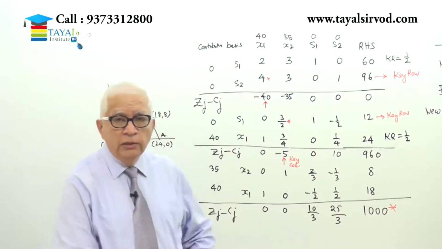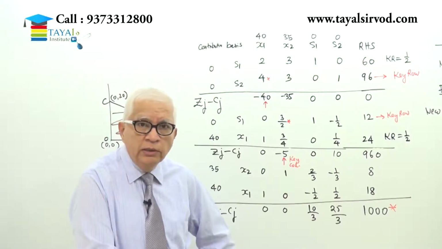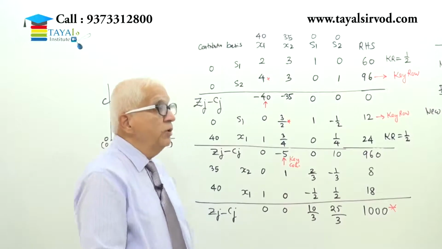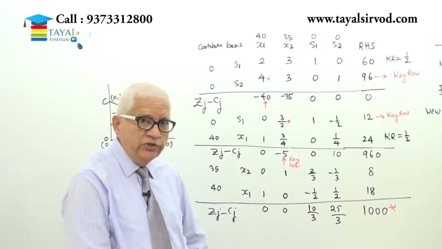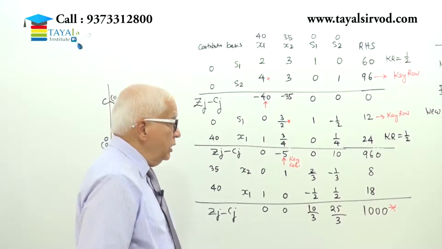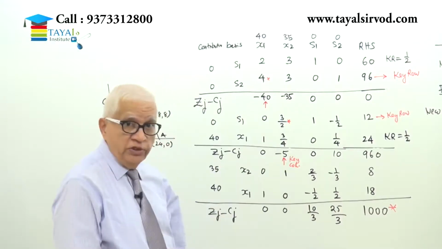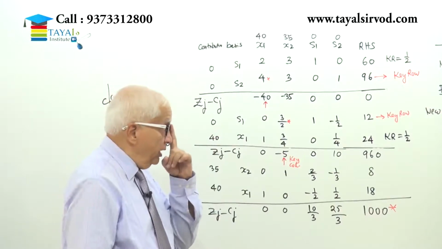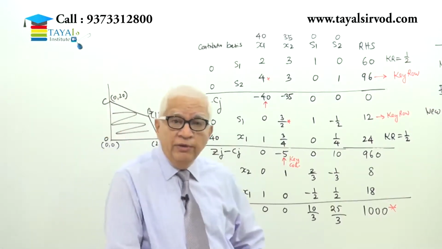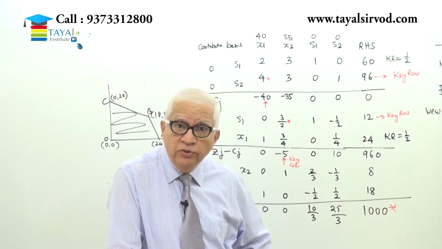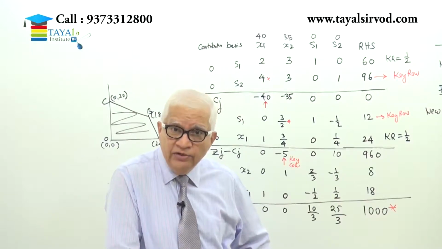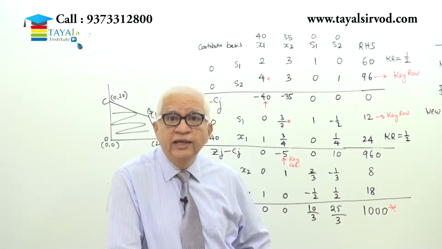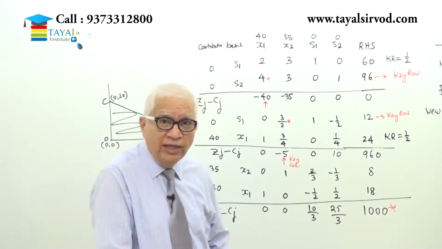Go back to the table for question number 1 in the graphical method. In fact, question number 1 from the graphical method and question number 1 from the simplex method, the question is same, but we have obtained the solution by a far more laborious procedure. But this procedure is exact. Now see, if I apply this procedure, I'll be able to solve 3 and 4 variable problems also. Whereas in graphical, the limitation is I can solve only 2 variable problems, because in graphical method there is only x1 axis and x2 axis.